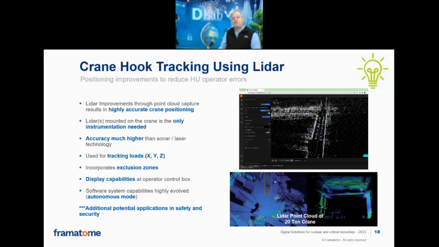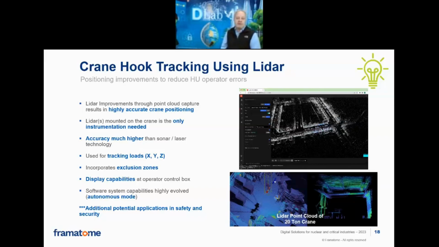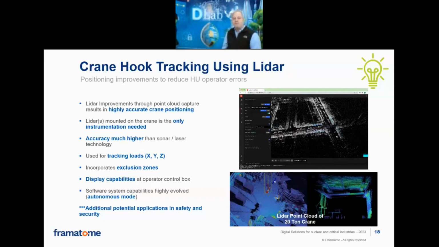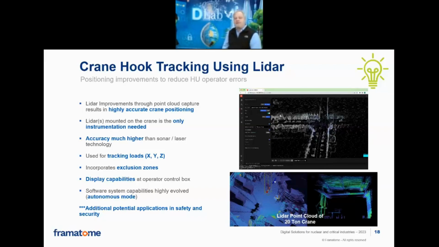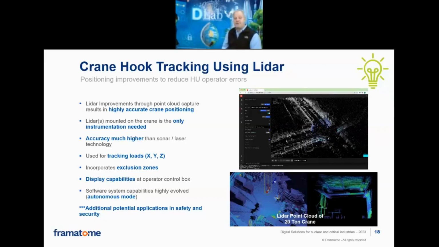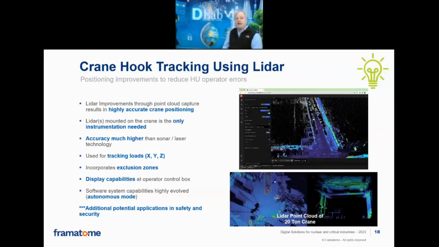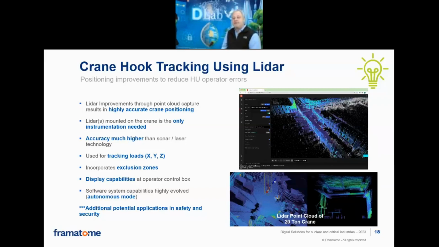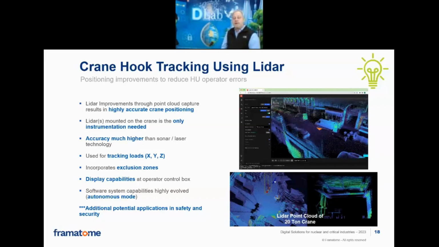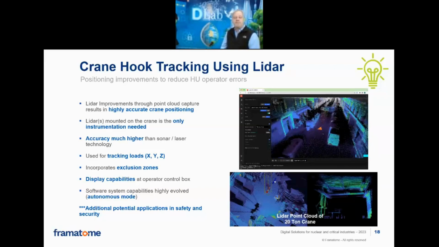So we were able to take a very robust software, integrate that in with our technology, and move that to be able to track in an X, Y, and Z location. So we do believe that this software will have additional applications in the future. It could be around security, safety, but our whole mission was how do we use this capability to safely affect the use of the crane without the operator performing a human performance error.